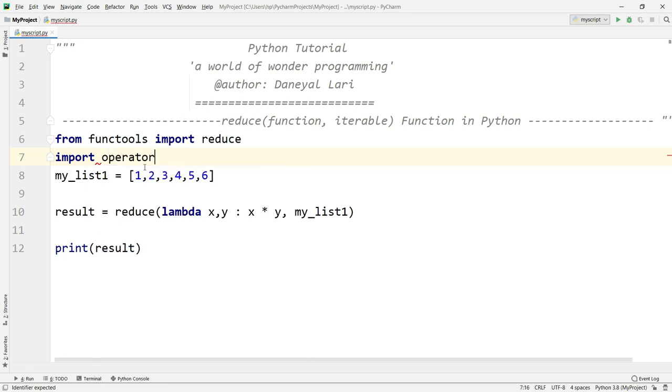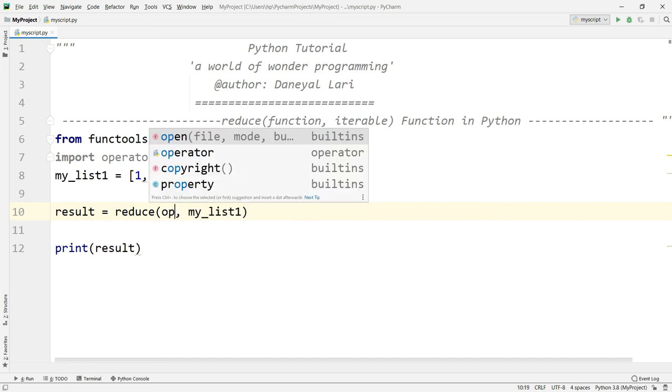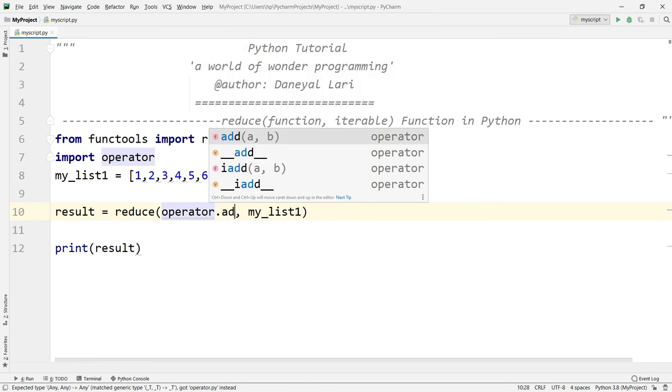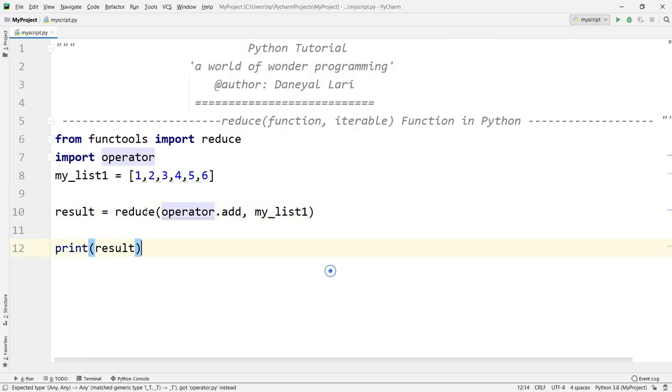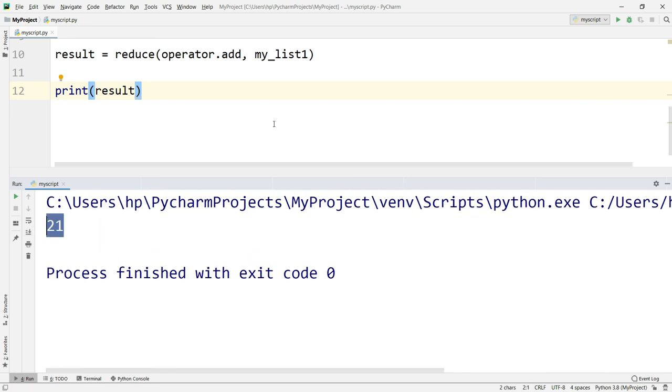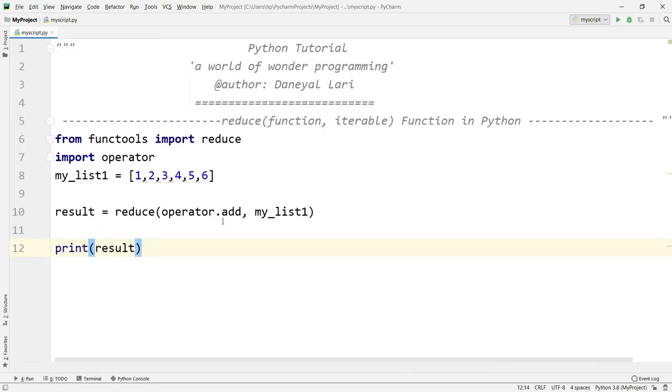Okay, let me import it. So in operator, if you don't want to use the lambda expression to perform multiplication or addition, you can use the operators also. If I write operator dot, I can use add. Now look, it will give you the same output because in operator the add is already defined.